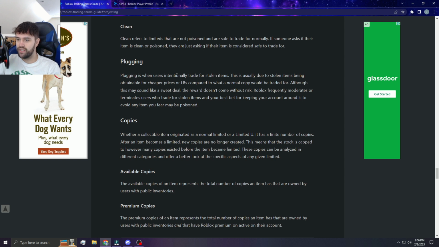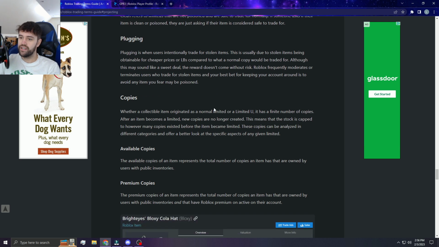Plugging is when a user intentionally trades for stolen items. This is usually due to stolen items being obtainable for cheaper prices or low balls, as we went over before, compared to what a normal copy would be traded for. Although this may sound like a sweet deal, the reward doesn't come without risk. Roblox frequently moderates or terminates users who trade for stolen items, and it's best to keep your account safe and